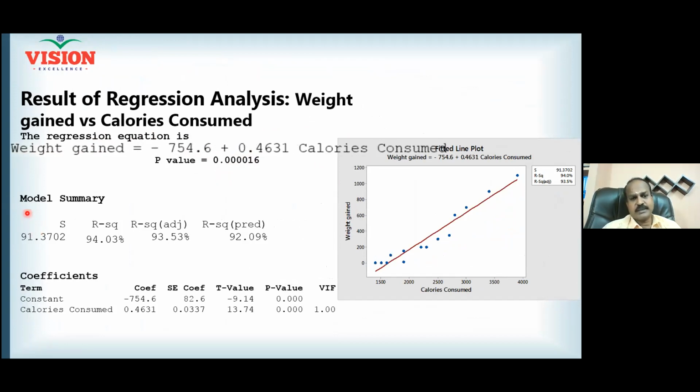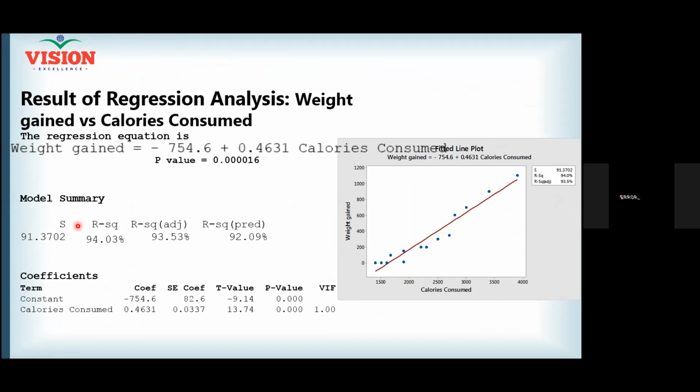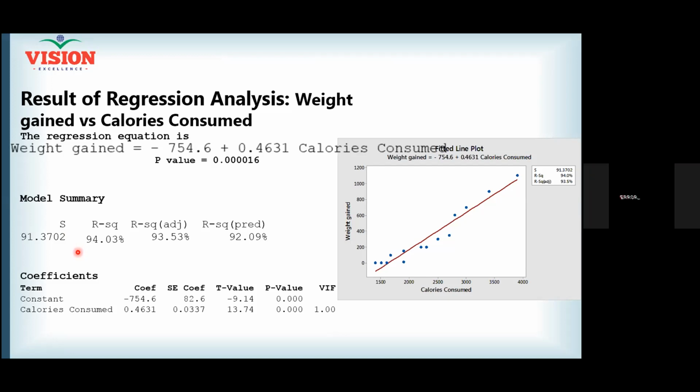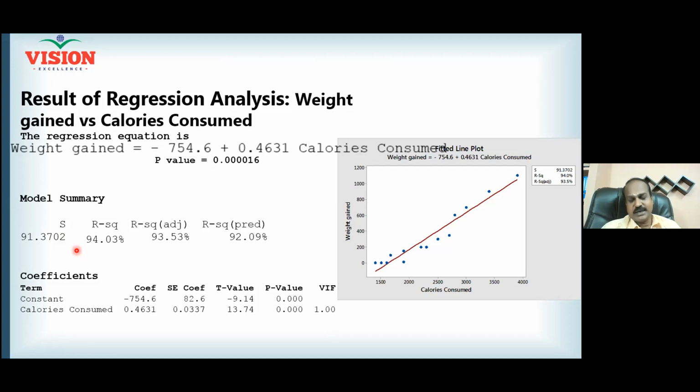And now, model summary. What is S here? Can somebody tell me what is S? S is nothing but standard deviation. Beautiful, standard deviation. In the residual analysis, we have seen delta, right? The delta is deviation. When you calculate the average deviation, that is called standard deviation. You want the standard deviation to be higher or lower? Lower. If it is lower, your regression will speak better. You don't have to go to the site. Just using your equation, you can tell what is going to happen to other people, right?